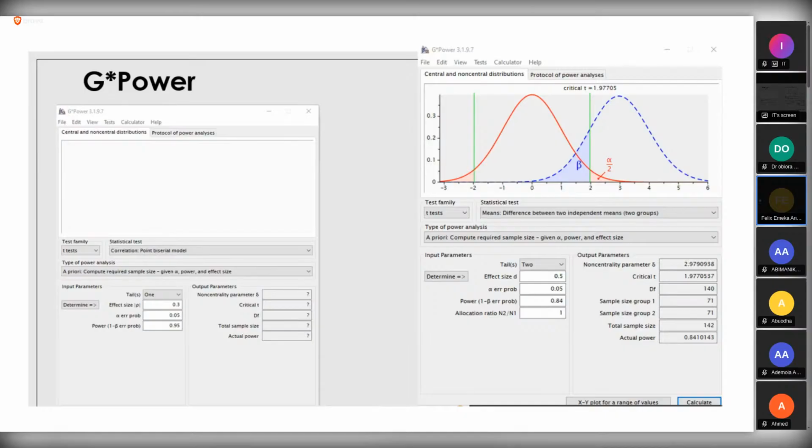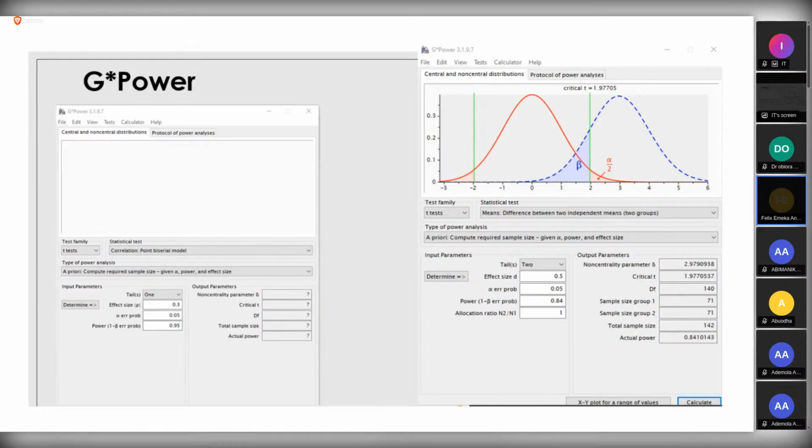The effect size depends on what effect size you want to use. 0.1, which there's none, 0.2, which is 2 times, 0.3, which is 3 times. So it depends on you. I've mentioned the effect size, which is only applicable when you're doing cluster. Now if you look here, the power is 0.84, while the power here is 0.95. I was showing this, but I later changed the power here to 0.84, and if you look, it gave me a sample size of 71.